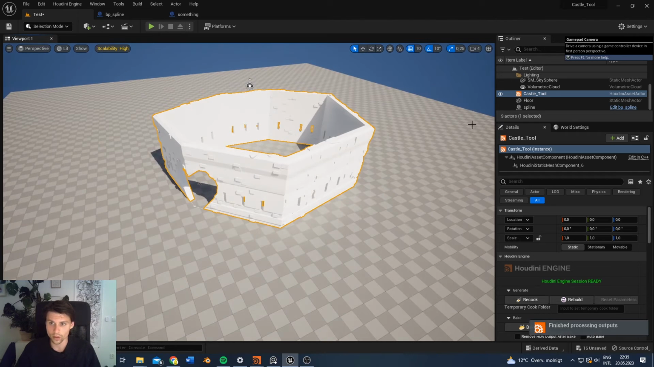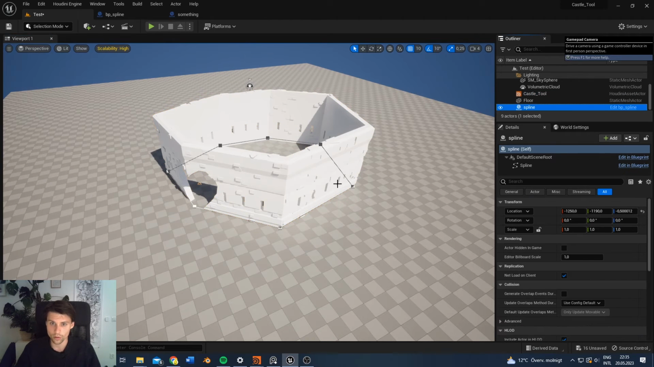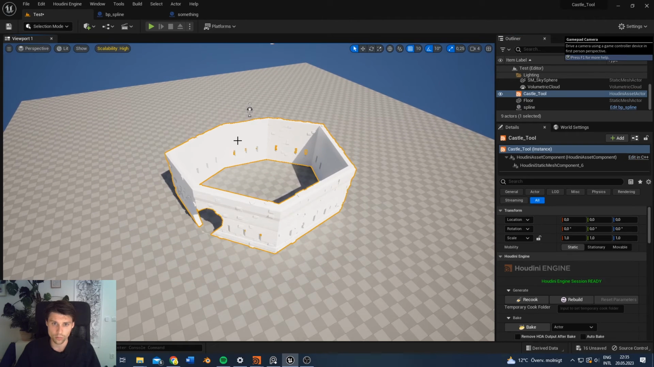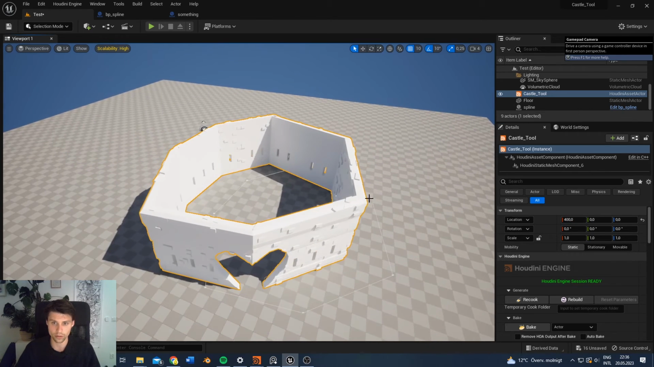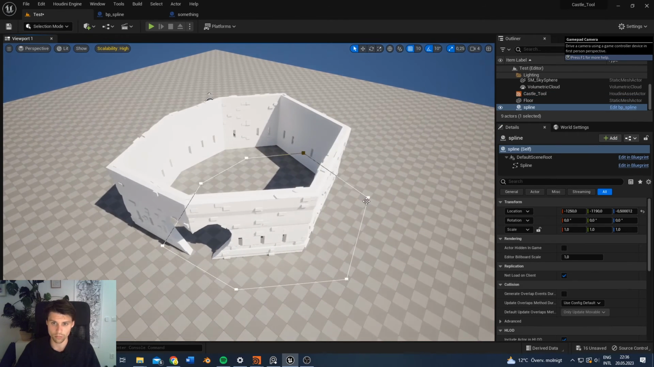Cool. Also, your mesh might be offset from your spline. What you have to do is select your mesh and make sure those transforms are on 0, 0, 0. Otherwise, if you have it like this, it can be a bit offset. Maybe that can be handy to see the spline better, but